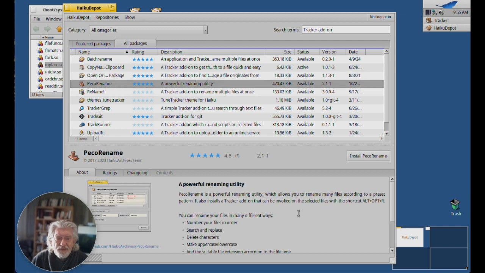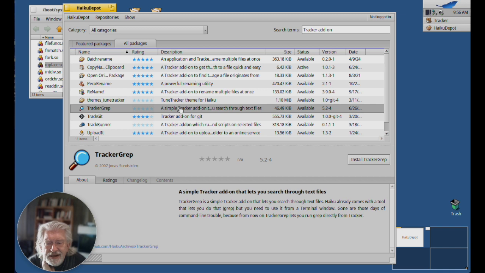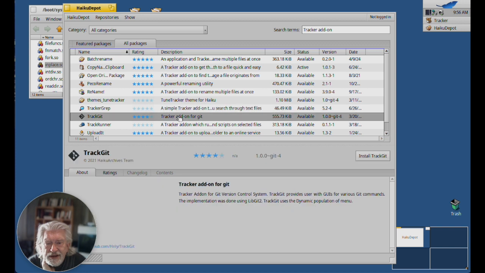Pico Rename. Now this is more interesting. A lot of these Tracker add-ons actually just open another program, right? And this one comes with a program, Pico Rename, and a Tracker add-on. Right, and there's the competition, Rename. Okay, that's not an actual add-on. Tracker Grip, and there's,